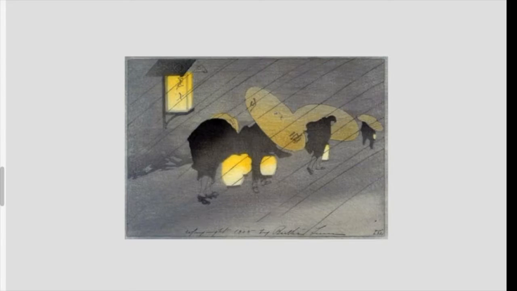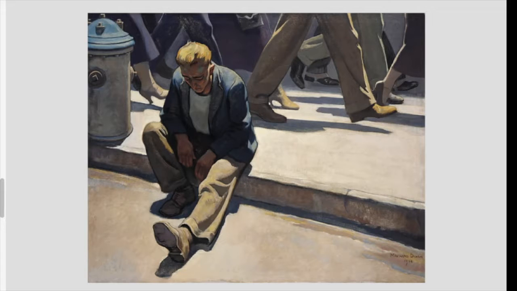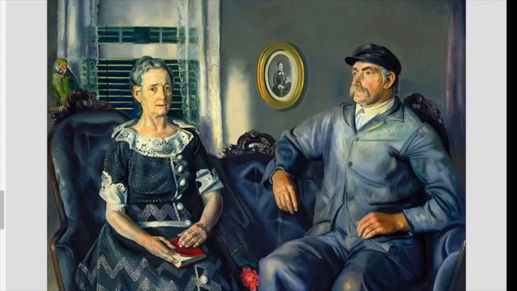It's Bertha Lum. That's the name of this artist that does the Japanese influence work. Here we have a hard rain, but they're trying to keep their lanterns from being watered out. This is another one, I forget his name again, but look at the person on the sidewalk and the people walking by. It gives an element of isolation, of being by yourself, being alone, being separated from the crowd. George Bellows is the name of